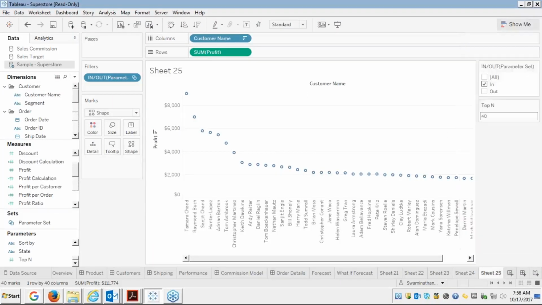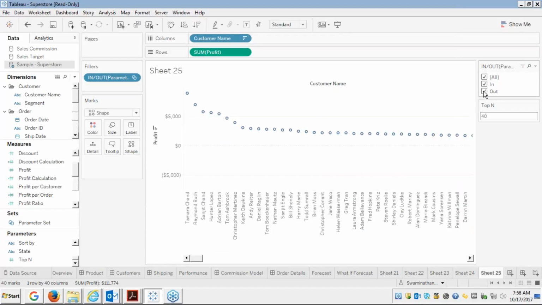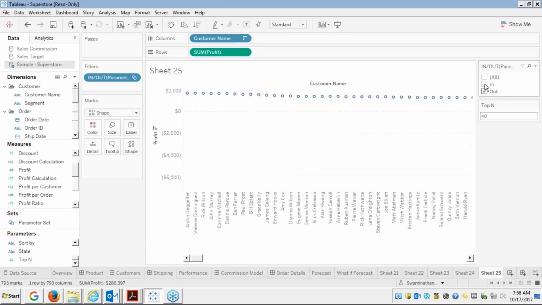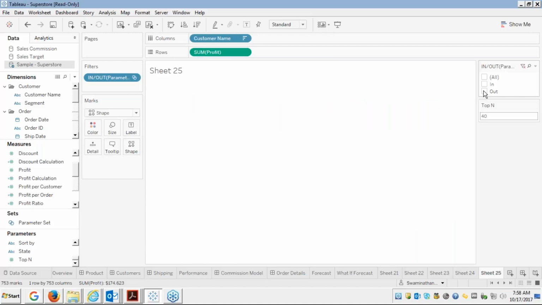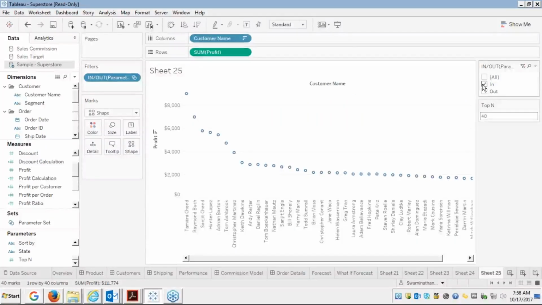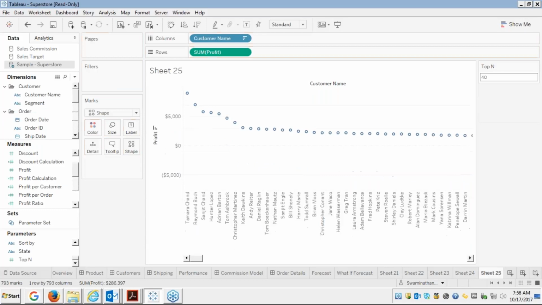So now I would like to see all the items which are within the set and which are outside the set. I would like to see those items alone, which are within the set and which are outside the set. Instead of having a set in the filter, I will take this set,